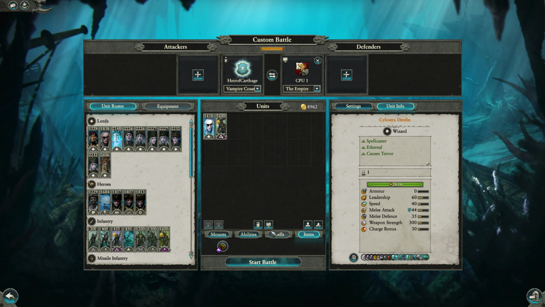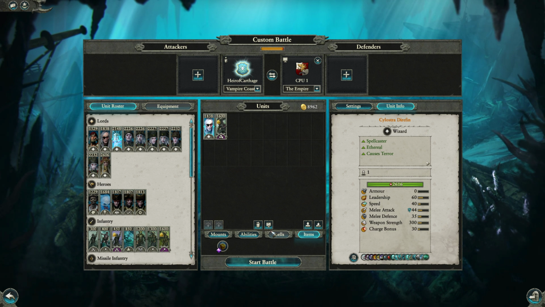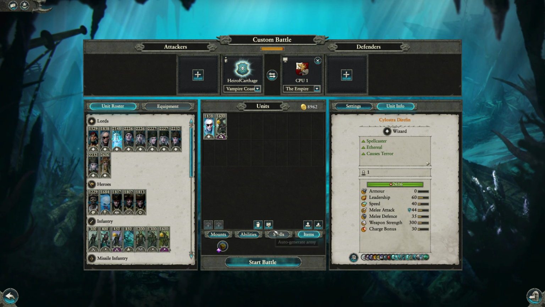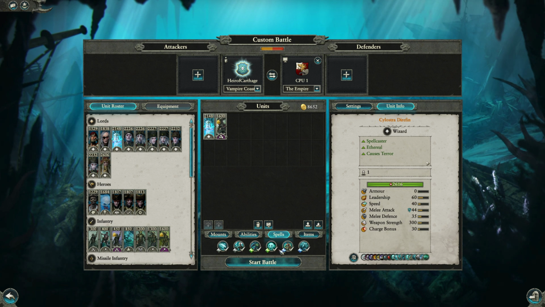Silostra is going to be an interesting one, an ethereal lord. Very risky proposition. If you come up against a lord who's got Spirit Leech, or who has magical attacks, or units with magical attacks, Silostra is going to get nuked. But she's got magic, such as the... I'm trying to remember the name of it. Let's go into this... let me pick Silostra. It's...